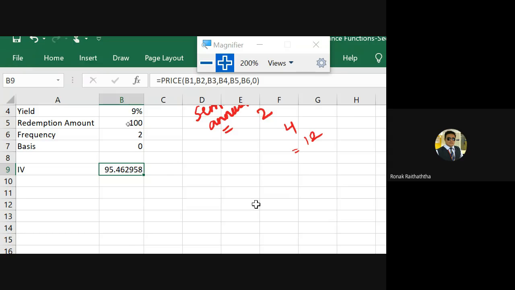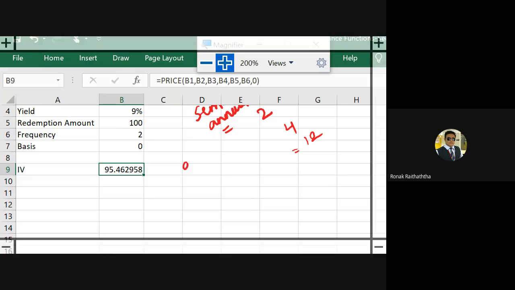That is the IV of this bond, intrinsic value of this bond. Now my question to all of you, those who are listening to me, very simple question. Everyone please be awake. If this bond is available at 98 rupees in the market, will you invest in this bond or not? My straightforward, very simple question to all the students. Please unmute yourself and let me know.